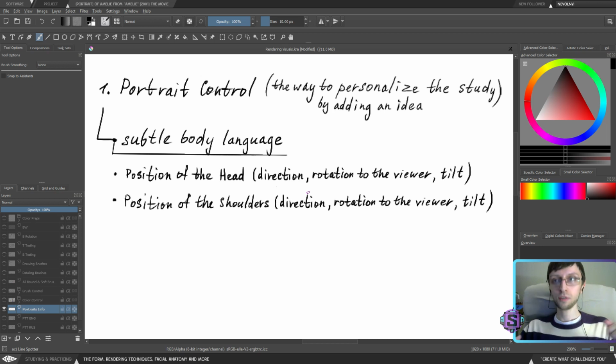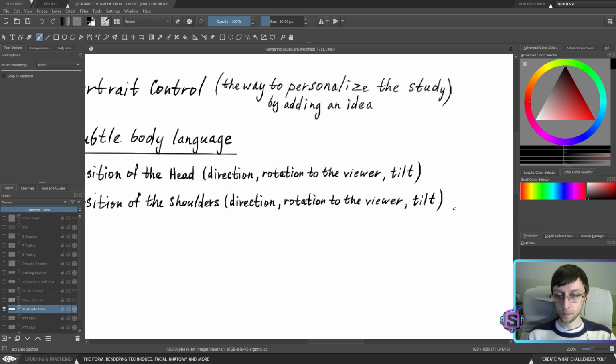If I spread my shoulders, they're going to be directed outwards. So it doesn't necessarily mean where exactly they are directed. It's a psychological direction. When I talk about rotation to the viewer, this is exactly how they're positioned in terms of space. Again, I will get to that.